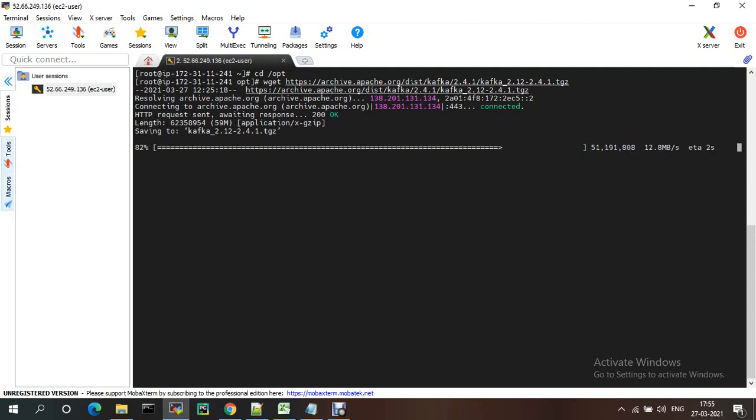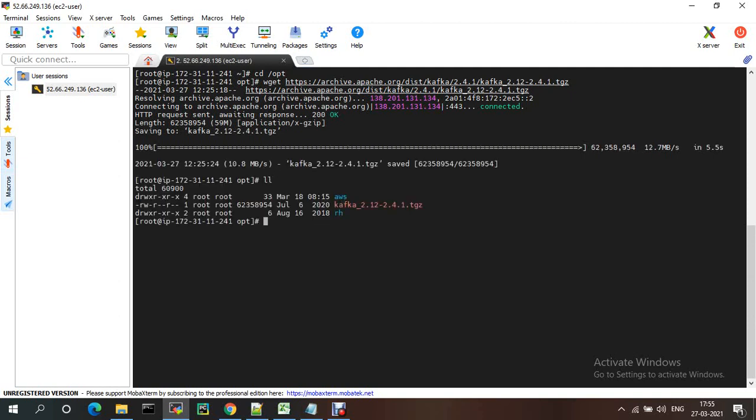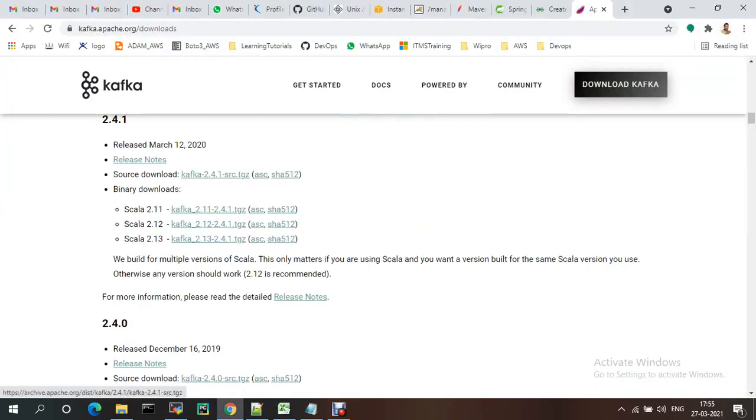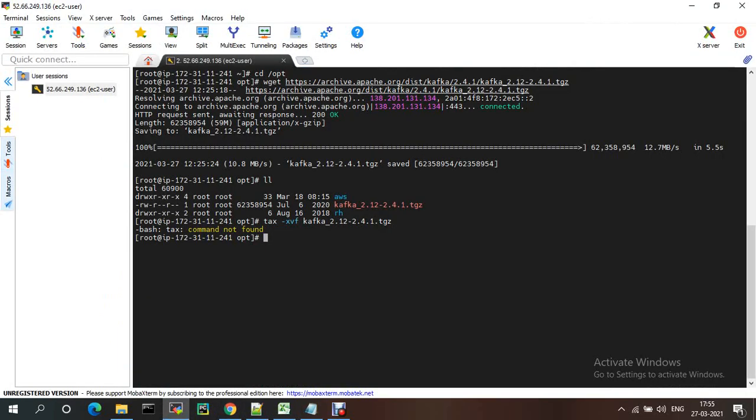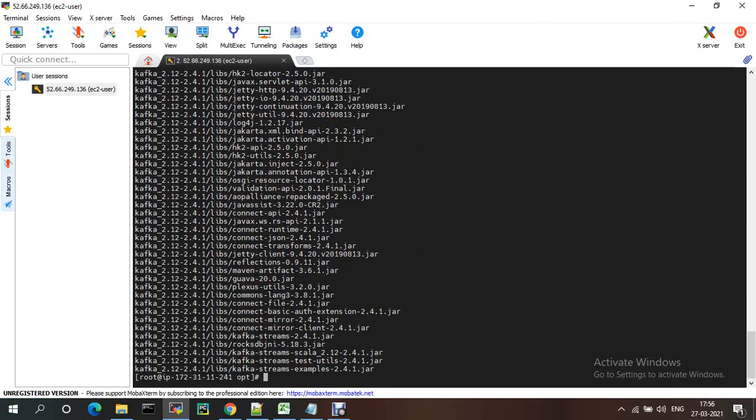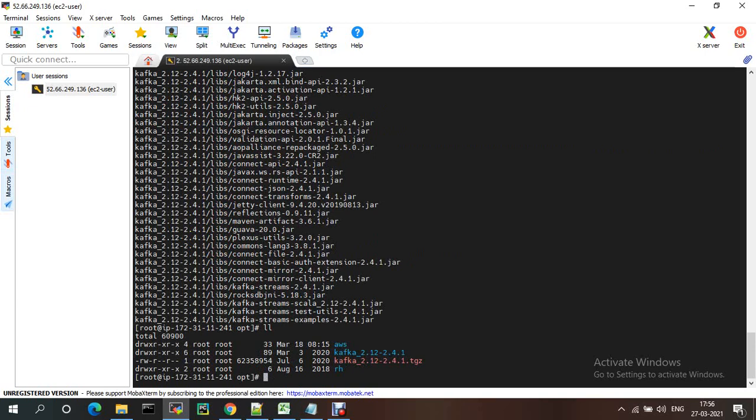This is a tar file, and I just untar it with tar xzf. I made a spelling mistake, so it should be tar. See, Kafka is installed.